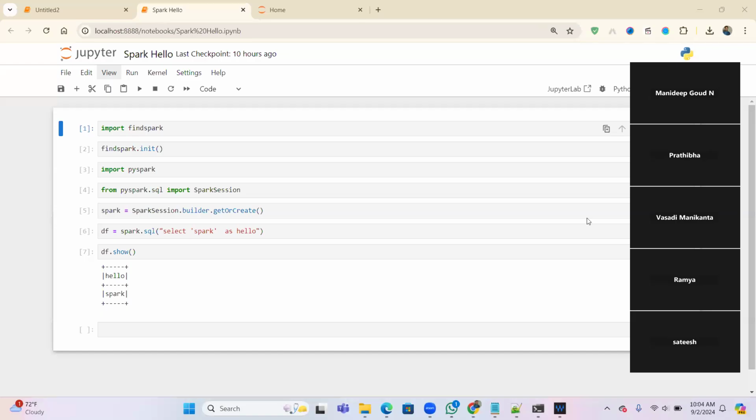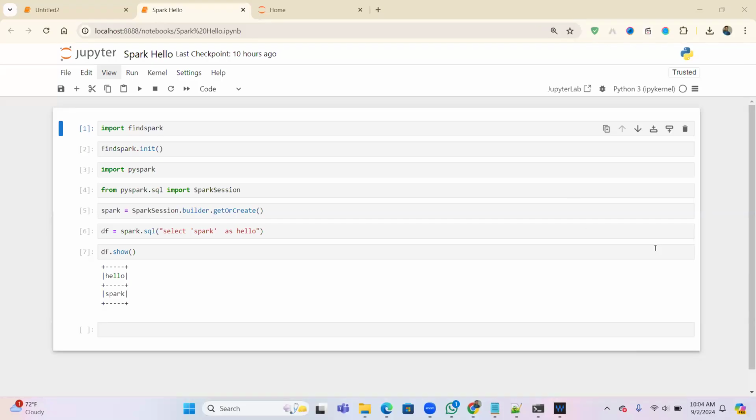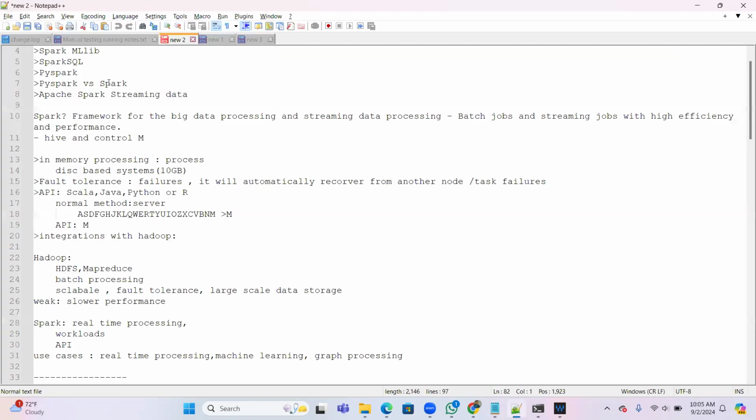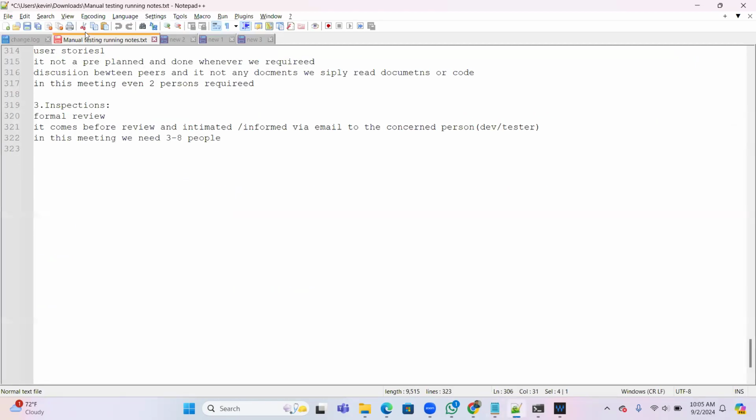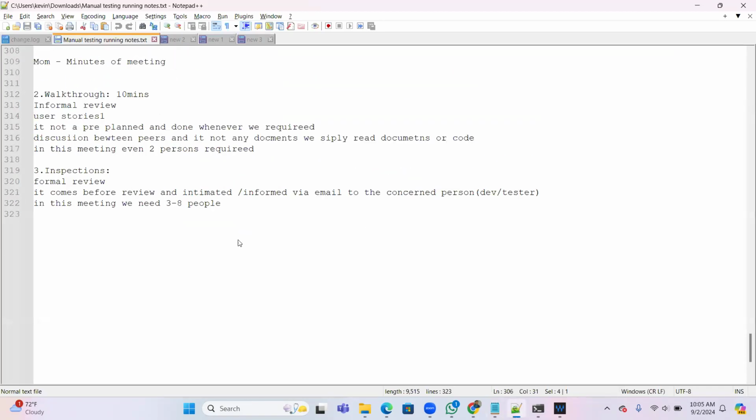So till the previous class, we have discussed, I think, agile. So today, we will discuss about the STLC. So that's also important for us, and even we'll discuss